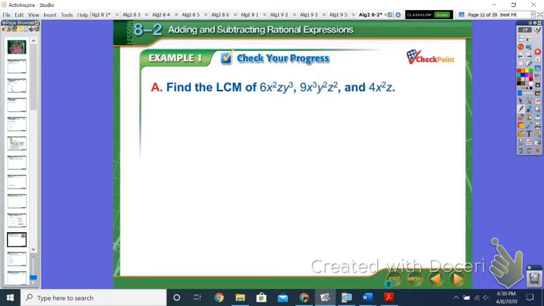So we'll do a little more practice with that factoring. 6 is 2 times 3. That would be your prime factorization of 6. And I'm not even going to write out,